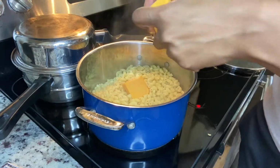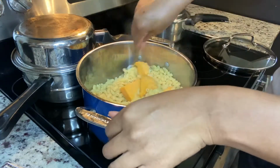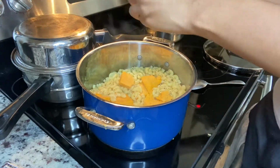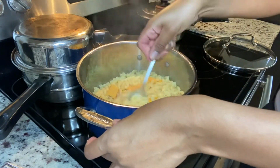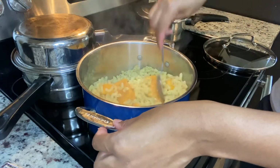Now I'm adding the extra sharp cheddar cheese. You can use Kraft, however this time I'm using the Walmart brand. It was a little cheaper, but it still tastes great. And I used a 2-pound block of the extra sharp cheddar cheese. That is important. You need the block of extra sharp cheddar cheese, and you need a bag of the shredded